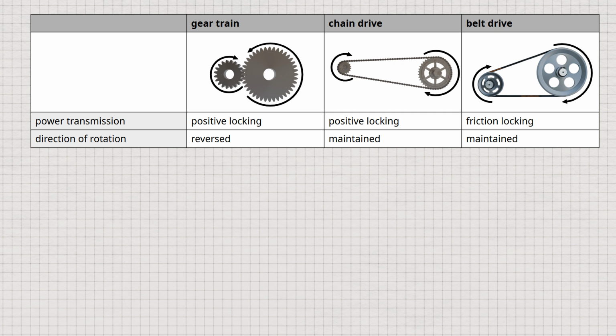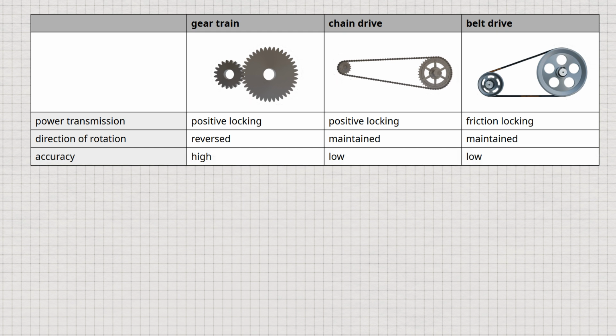With gear drives, the backlash can be kept very small, so gear drives are very accurate in terms of speed conversion. For this reason, gears are also used for very precise control of rotary motion, such as in clockworks. With chain drives, the backlash is much greater due to the many individual chain links. In addition, as the chain rotates around the chain rings, the rigid links cause the transmission ratio to fluctuate. For belt drives, with the exception of toothed belts, slippage must be taken into account.